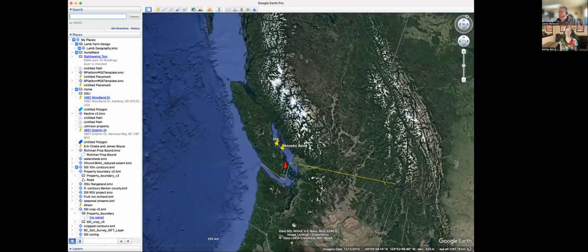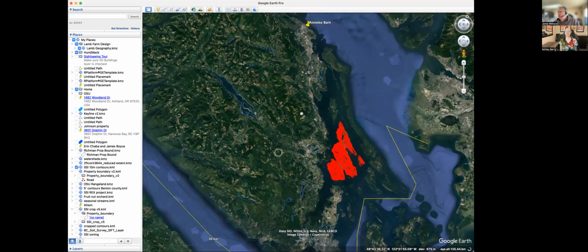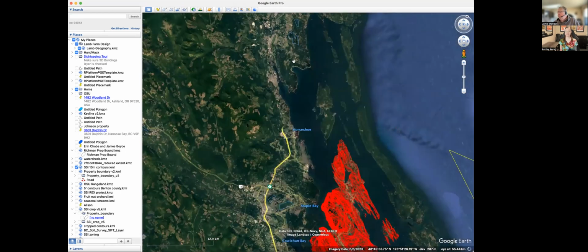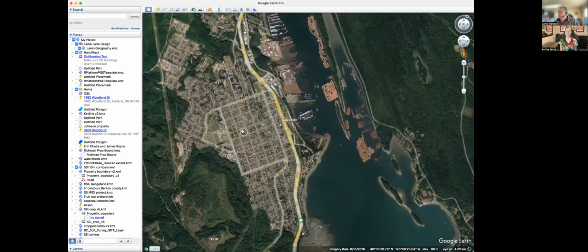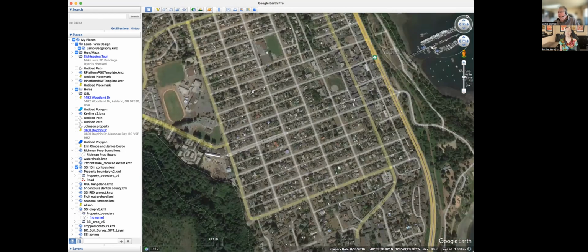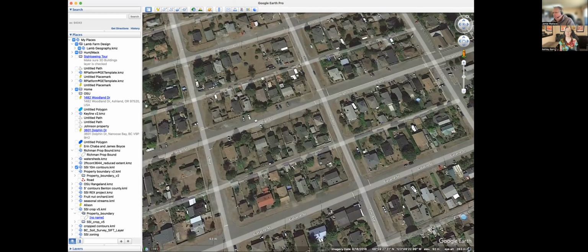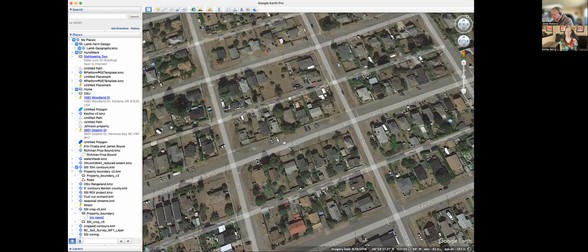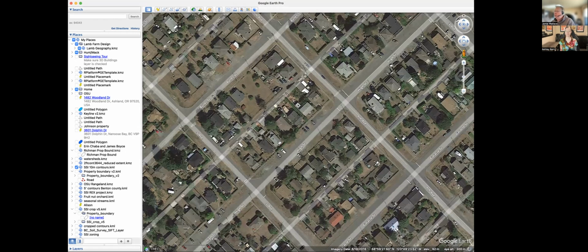Let's just zoom in. We'll go any old place, it doesn't really matter. Sure, we'll go into Ladysmith here. So what we do here, we'll just make sure we're up and we're orientated north. And what we're going to do is